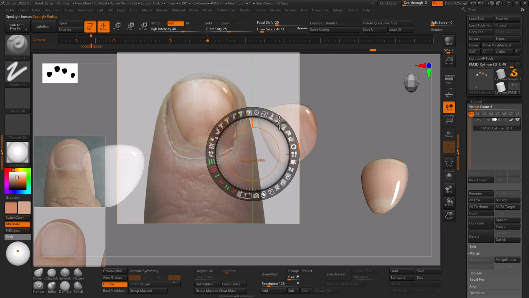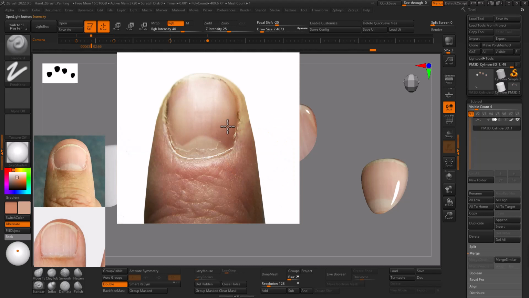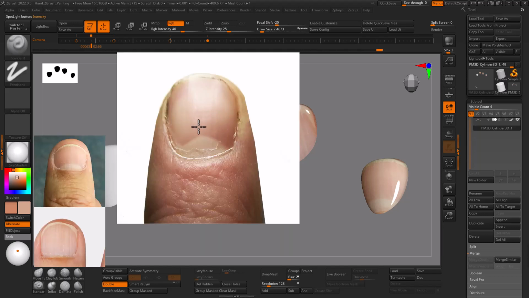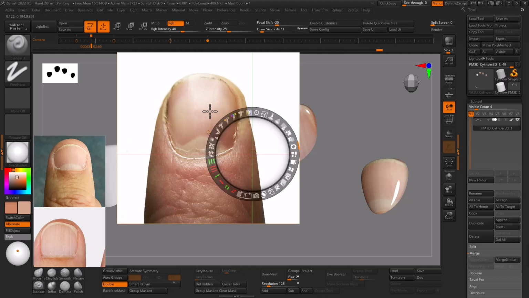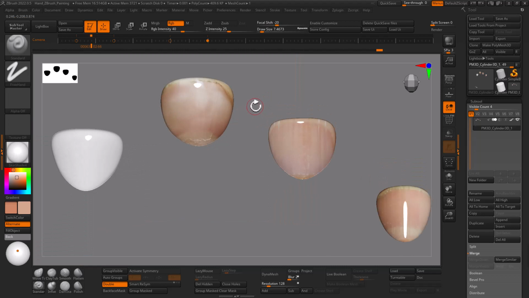Let me bring up the opacity. Okay, that's not the greatest job I've ever done before, but